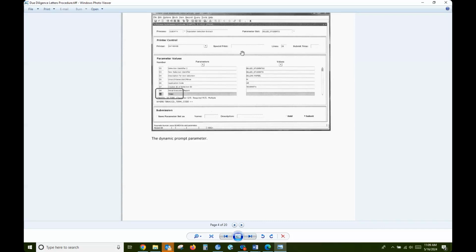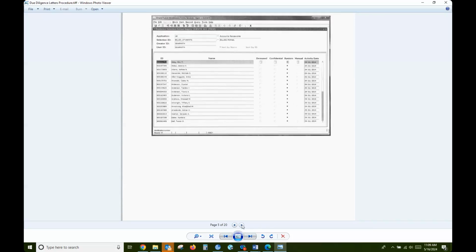This is their parameter set when they're minusing those out, and it's showing that you get prompted for the term. So you go over here and enter in the term, and then they have their students. If you have particular students here after you run GLB data that you don't want to bill for some specific